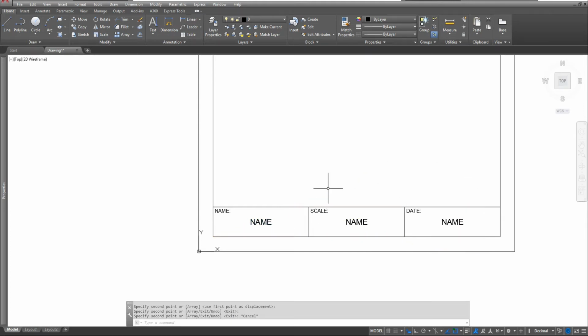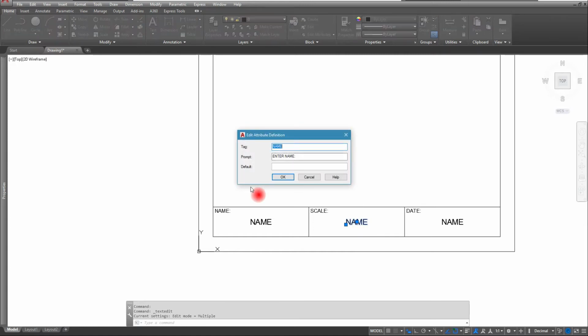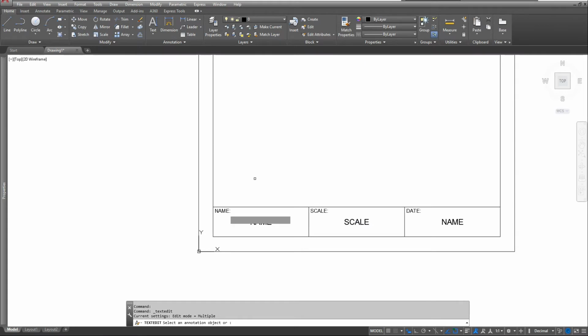Escape. So what I want to do next is I want to double click on this name one just to change the attributes on it. And it's going to have all the modes and everything else is going to be the same. I'm just going to change this prompt and the tag. So in this case, I want my tag to say scale. And underneath here, I'm just going to change where it says name to scale. Enter. So now I have my name one, I have scale, and I'm just going to click on this